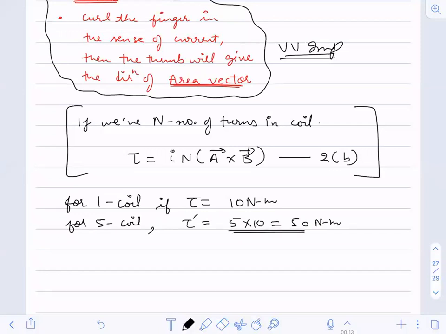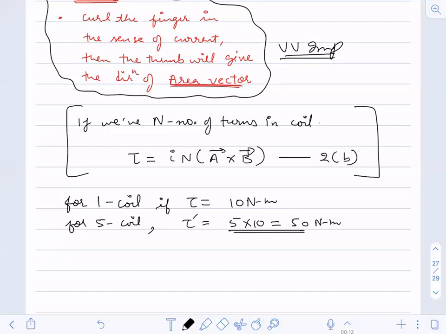This is not everywhere. Here only I'm telling you. Don't use the same thing in mechanics. You will not be having a coil over there. So this is only valid here. I'm not telling this with respect to the 11th class book 1 mechanics portions you would have studied. For this I'm only telling you.